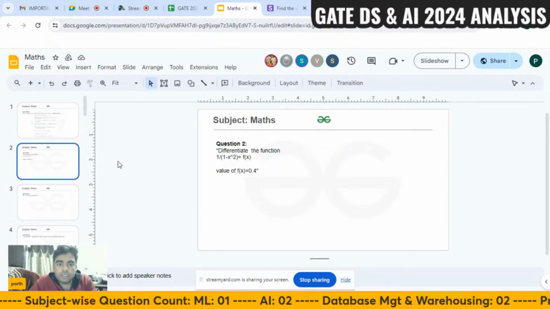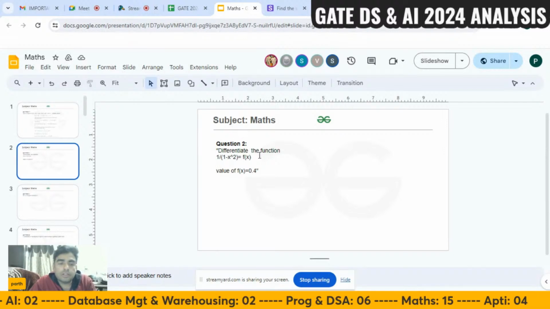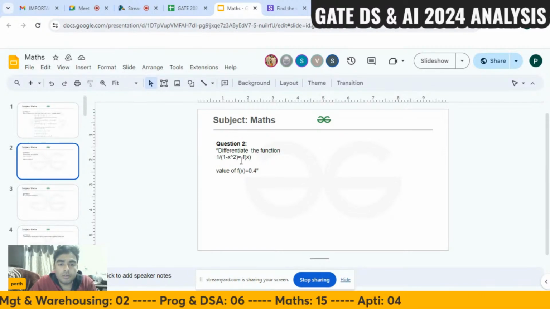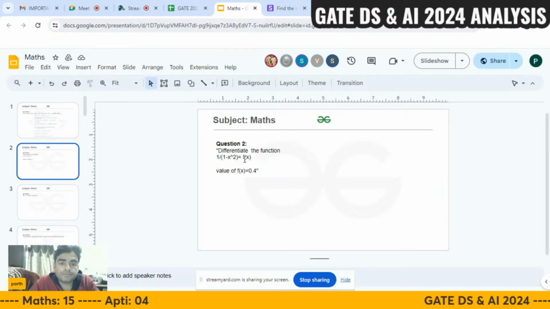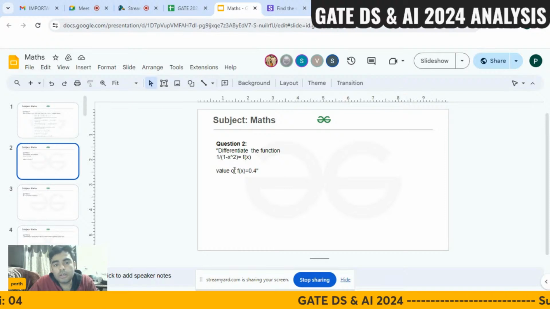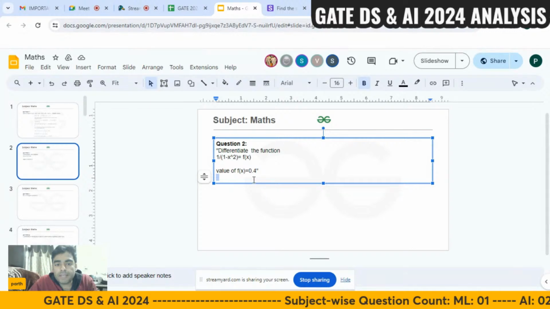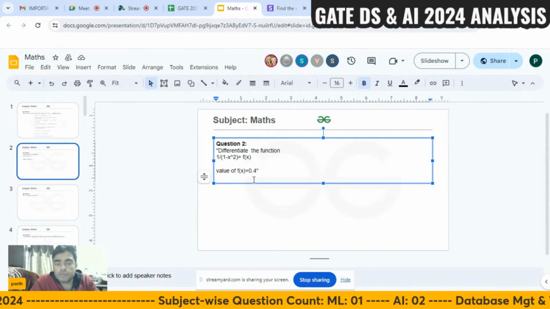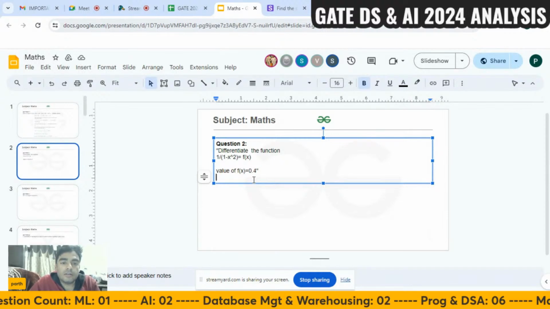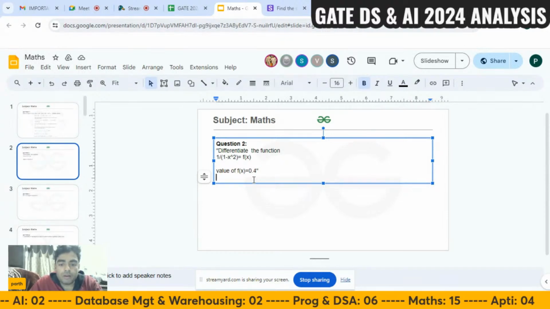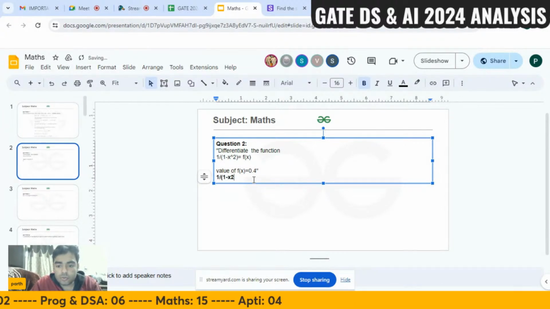Now coming to the next question, which is of differentiation, where the function is given as 1 upon 1 minus x square, and we have to calculate the value at x equals 0.4. So 1 upon 1 minus x square could be differentiated as 1 upon 1 minus x square